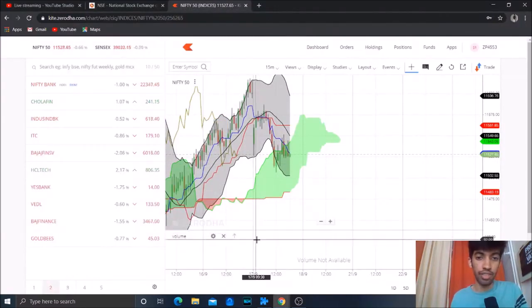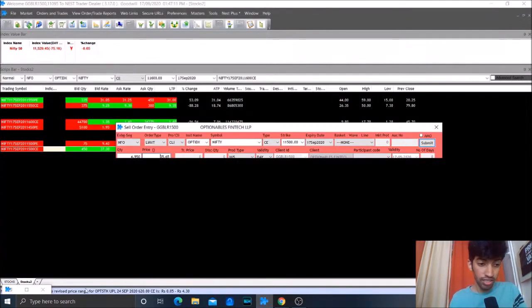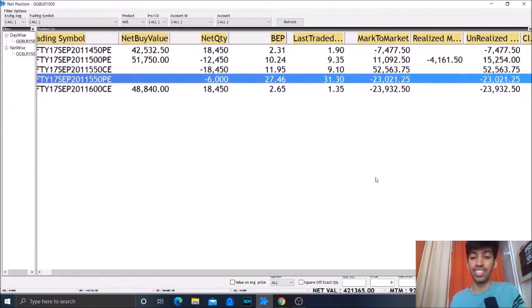So I'll wait for a few minutes. When the market bounces, I'll short that, because on the downside we don't have quite a lot of hedge, because we have 450 also, which is not something great. But overall we have